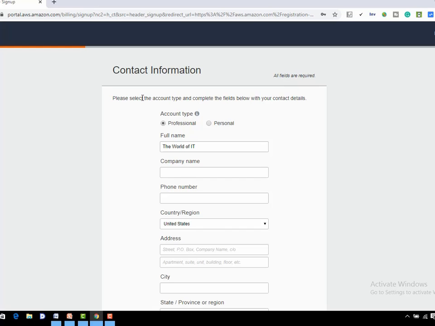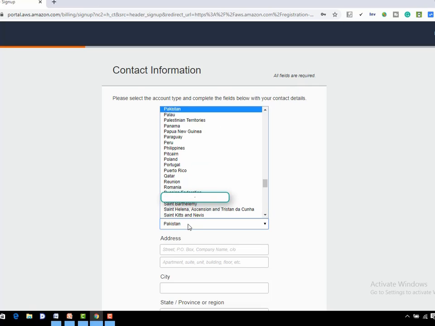Next, it will ask you the account type you would like to create. Amazon's description of professional or personal is to select professional if you intend to use this AWS account within your company, educational institution, or organization. Fill in the listed fields: full name, the world of IT, company name, information technology, phone number, country, Pakistan,